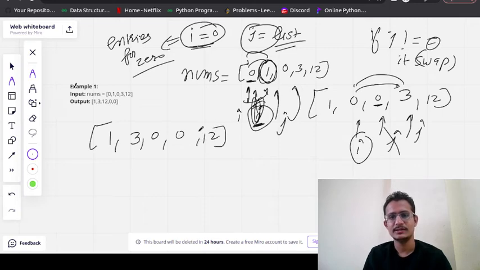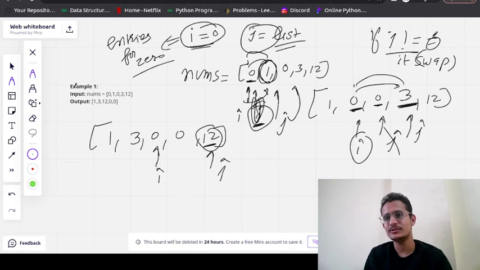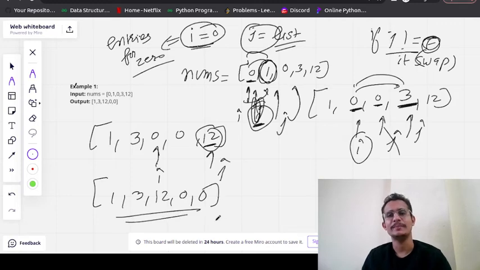Yes, so j was on the third position, so it will move to the next position, and i was on the second position, it will come to the third position. Again if j is non-zero, it will swap. So 1 3 12 0 0, and hence our swapping is done.